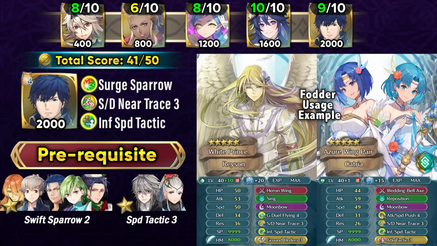So this is definitely something that you might have seen before, like Brattle Katria carrying Infantry Speed Tactic, because she can provide even more support and just free up the slot B skill of many of the infantry units from running null follow-up, and they don't even have to bother running null follow-up Sacred Seal. So this is going to be a pretty good option, and you can also get Surge Sparrow and Speed Defense Near Trace at the same time,